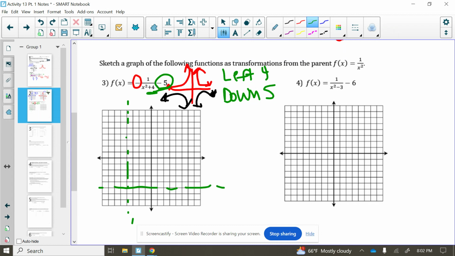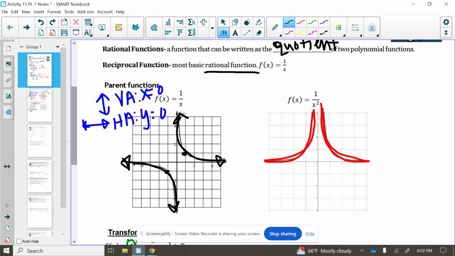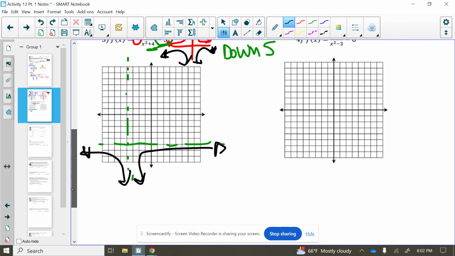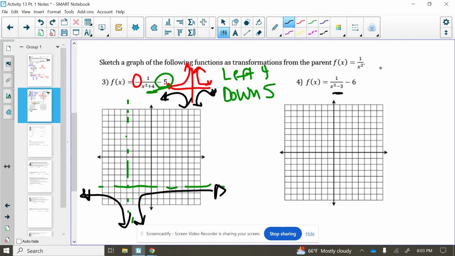And then last but not least, again, these are being reflected downwards as opposed to upwards. So this graph, since it's x squared, would shift down from what the parent function was originally, both going up. Now this last one is asking us to move the graph to the right 3 units and down 6